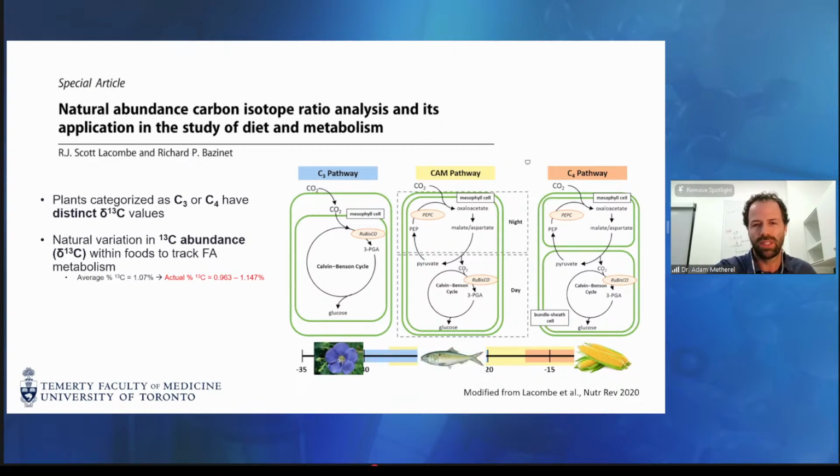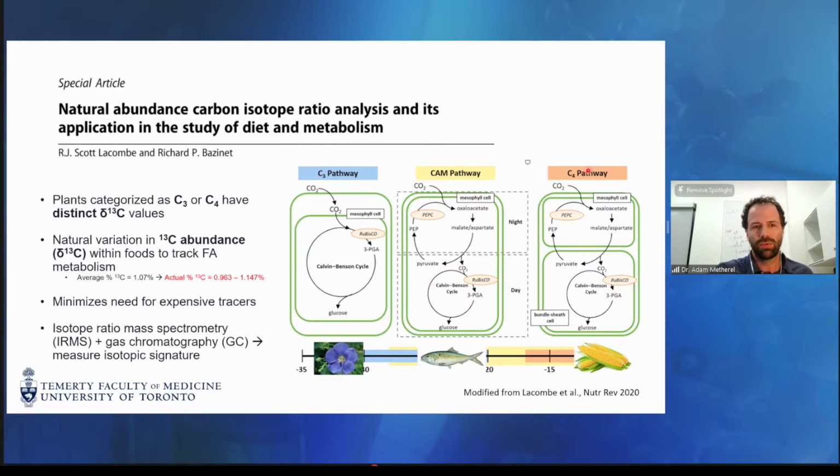And then with seafood and fish sources, this tends to be sort of a mixture and falls in a more intermediate range of C13 content. So this variation from the plants that are consumed by mammals, and then potentially those mammals being consumed by us and other animals, these can be detected and can really minimize the need for expensive tracers.